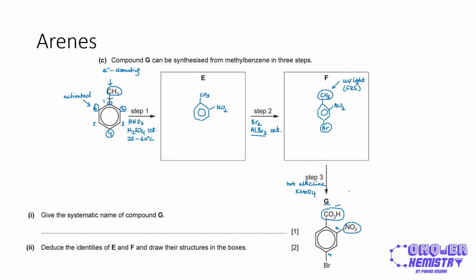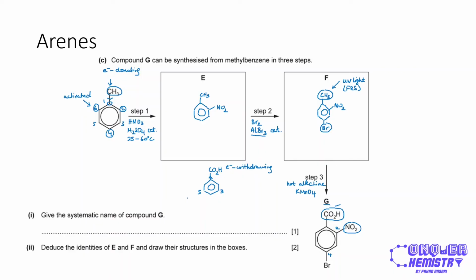Now the reason why we did not convert the methyl group into a carboxylic acid group in the first instance before the substitution is because CO2H, if I draw this separately over here, CO2H is actually an electron withdrawing group. It's an electron withdrawing group, and so it deactivates the 2, 4, and 6 positions, and it activates positions 3 and 5 instead. And since these will be more open to electrophilic attack in substitution reaction, and the final product